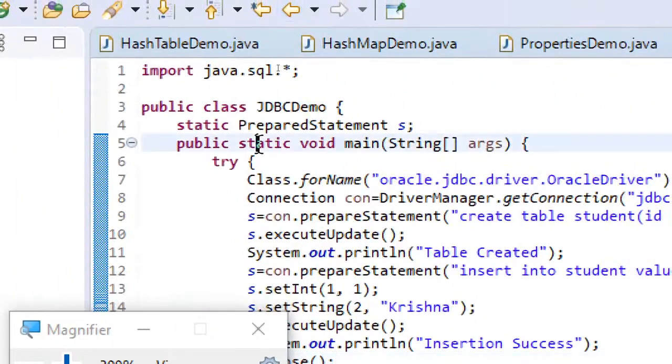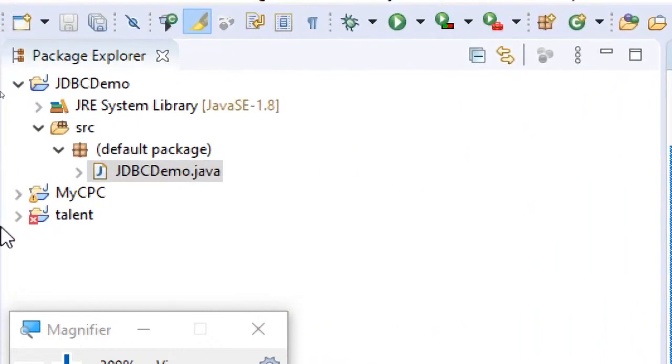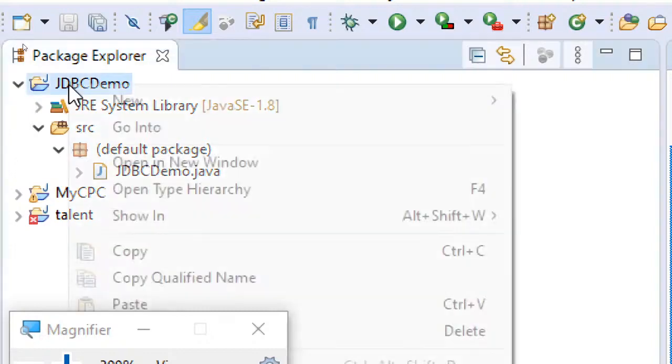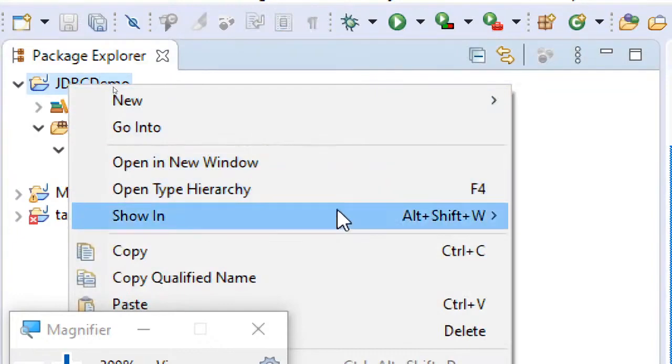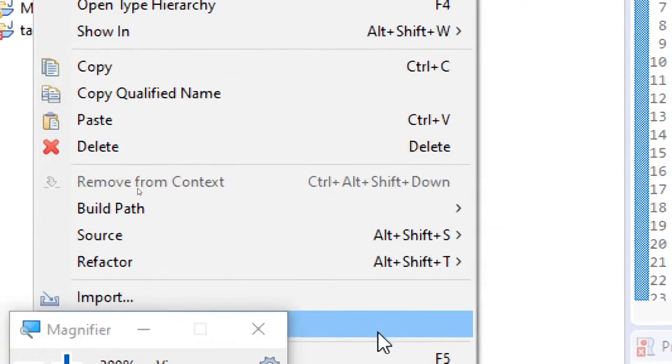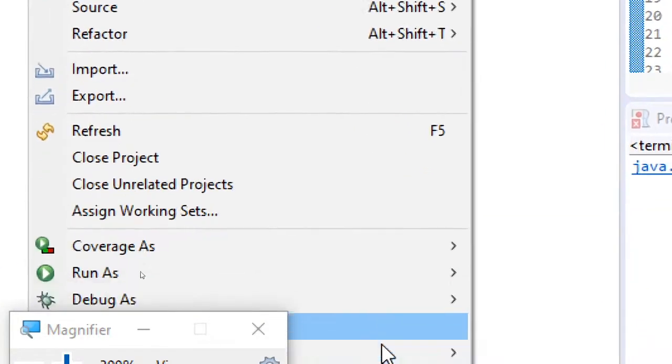So what you need to do is, when you are dealing with JDBC, you need to add the jar file. I haven't done that. Once again I missed it. So for adding the jar, you just need to right click on your project. I have shown you once earlier. Once again you can see, right click on project, and then go to properties,